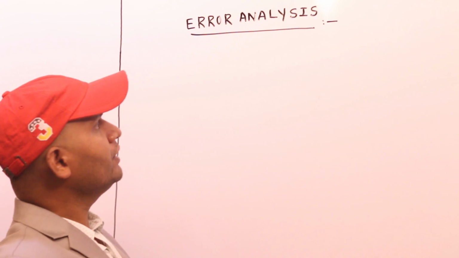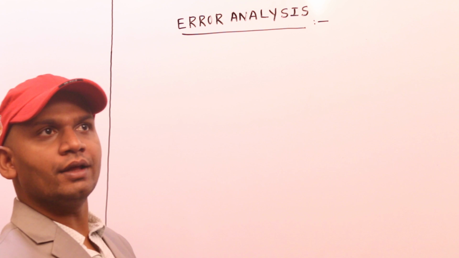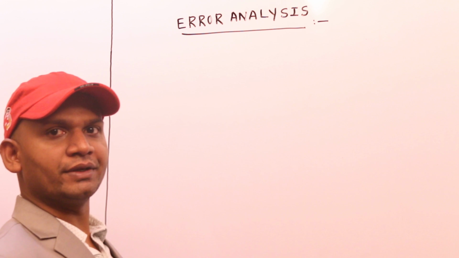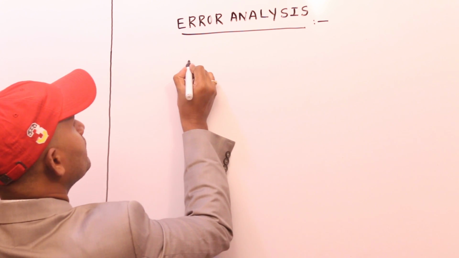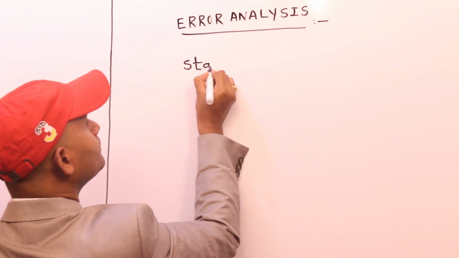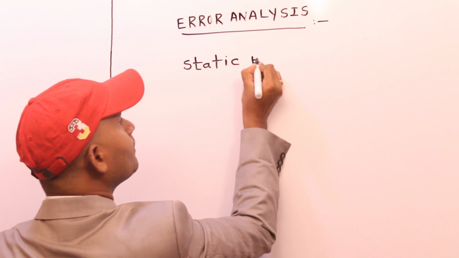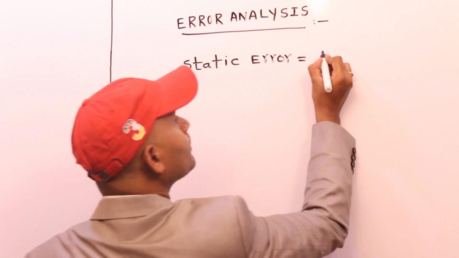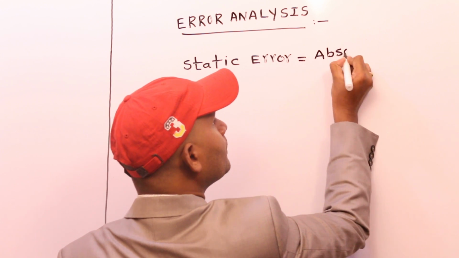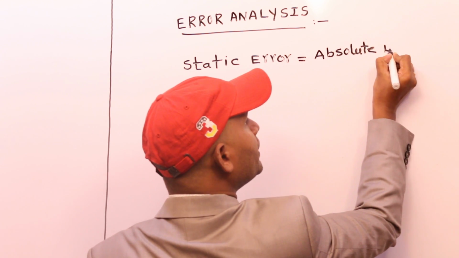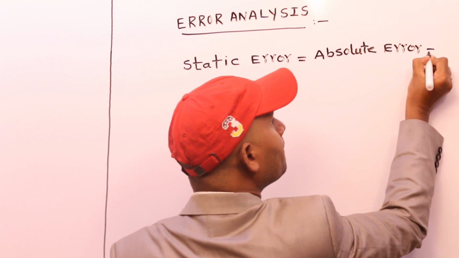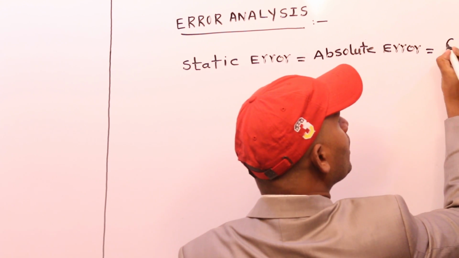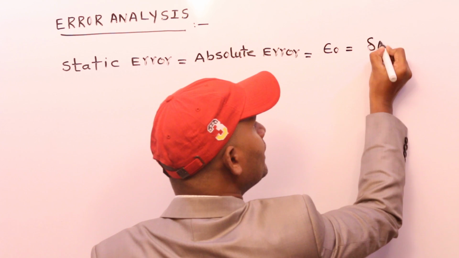Here, first I want to define the basic concept, how to define an error. Mainly that error, we can define as a static error, or it is also called absolute error. A static error or absolute error is denoted by epsilon naught or delta A,